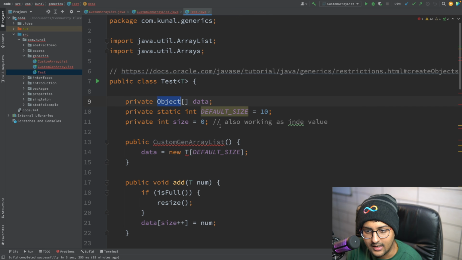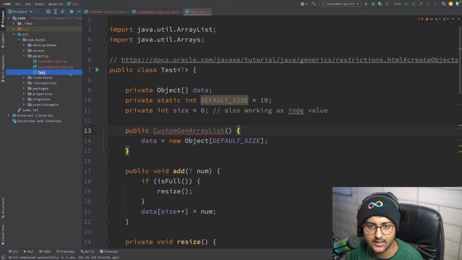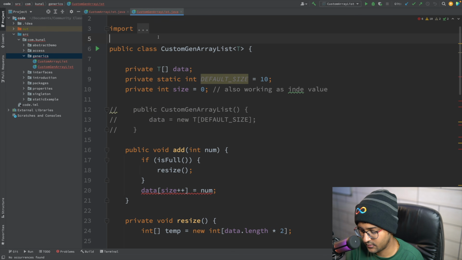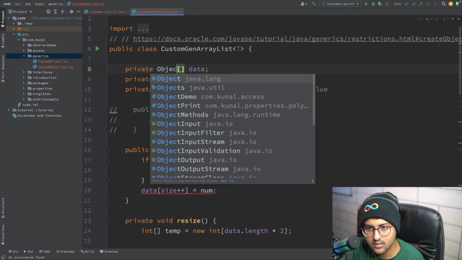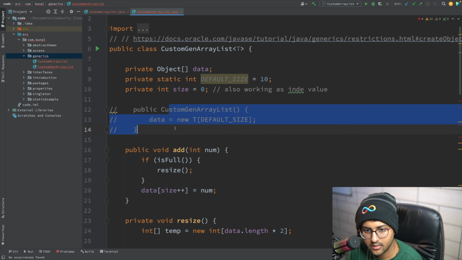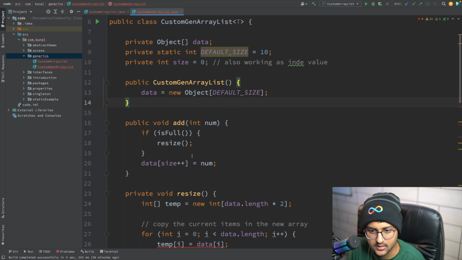Now I'm actually going to create an object type. No problem, right? Here I had created a test example, but I'll remove it and work with the previous class only. So I'll just add Object over here, object type, and make a new object. No problem, that's fine. Integer, no, not an integer.